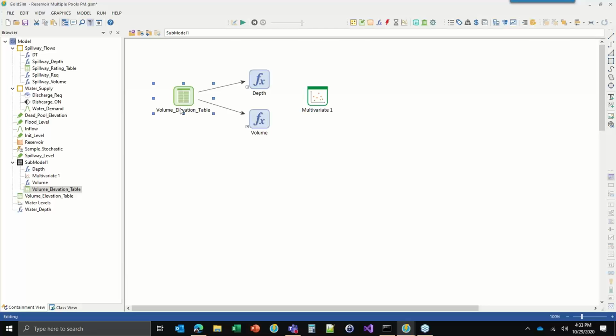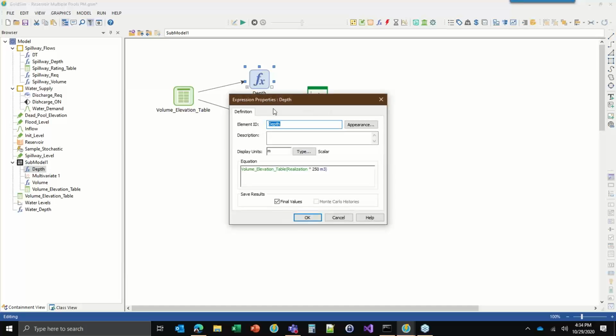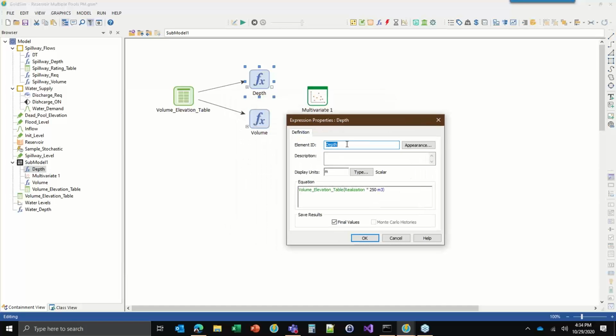So if you had that link, then you would just update the values in the spreadsheet. Then these would always have the latest information. So that's one way to preserve the data if it's changing a lot. Anyway, so we have the lookup table here, and then we add the depth, the water depth, and these are